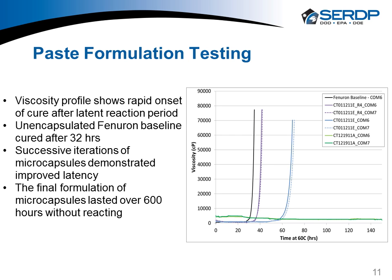So this slide, let's talk about a bit of the paste formulation testing. The graph you see on the right here shows the viscosity profile for a number of formulations. The black line is our four-part single or our simple epoxy formulation with regular Fenuron accelerant incorporated. So there's no encapsulant around the Fenuron for the black line. That shows that after about 30 hours at 60 degrees centigrade, the latent cure stage passed, and it went into full onset of cure, and it rapidly cured and became a hardened epoxy